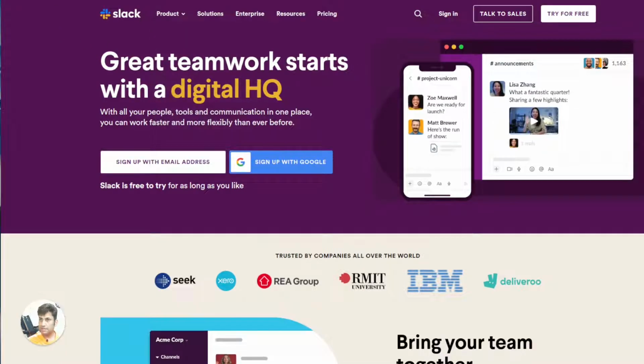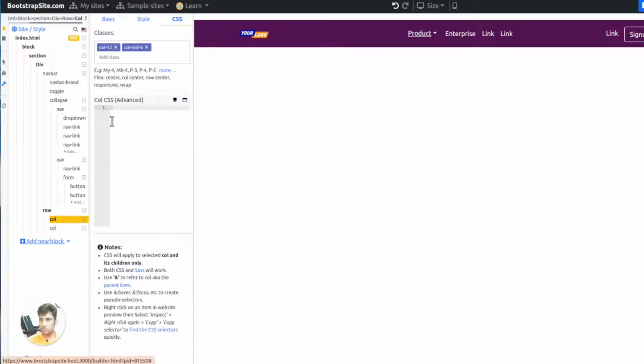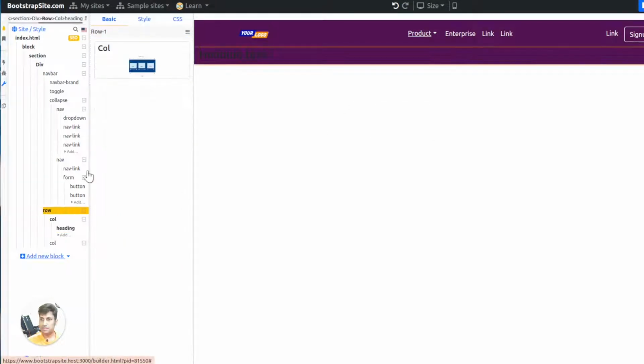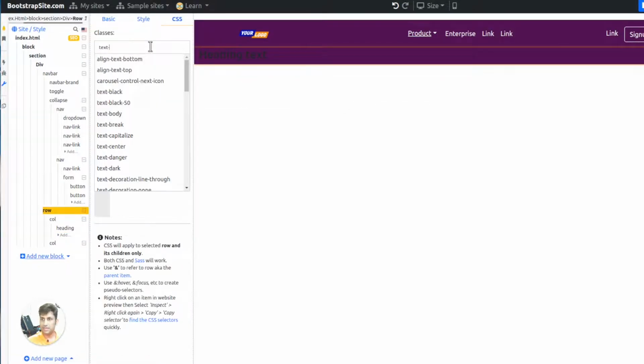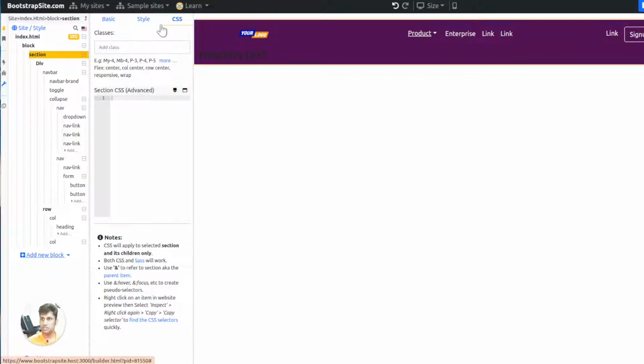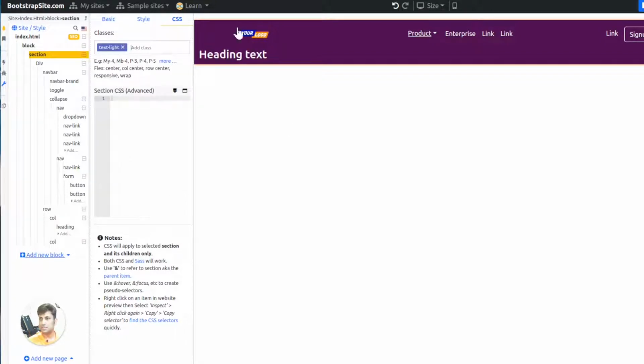And now we will add the heading and the paragraph to our row. So first we'll go to this column, right? And then we'll add a heading. And we'll make all the text light for this. I think I will make all the text light for this whole section. So we'll just go and type text light. So whatever is inside this section will be white colored because our background is dark. And then we'll